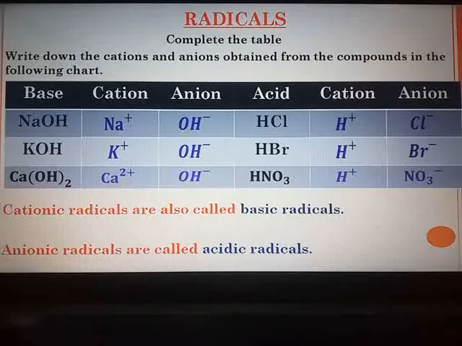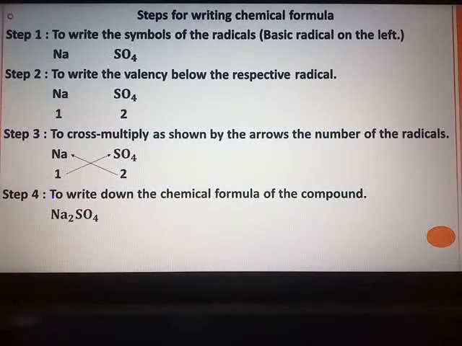Now the last topic for this chapter is to write down the chemical formula stepwise. So the first example which is given in the textbook, that example only we will take, page number 56. Now for writing the valencies, you should know the chart. If you see on page number 56 of your textbook, the chart of ions and radicals, they have deleted from the syllabus. But unless and until you know the values, you won't be able to write the valency and all. So that chart you have to take into consideration.